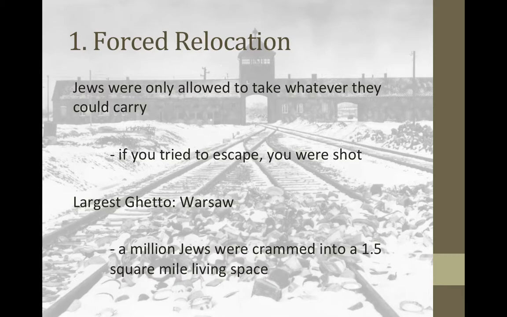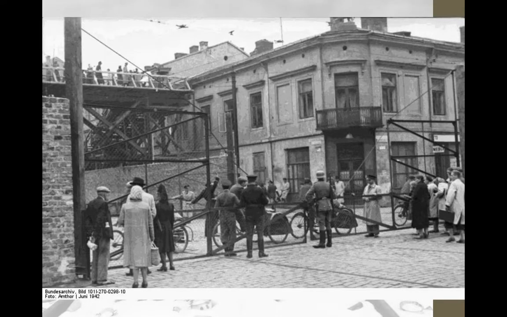But if you were viable and could help work, for example, if you're a metal worker, then you would be able to stay. So you had to have your work card as well. And if you ever tried to leave and didn't have your work card, then you couldn't prove anything, and you were also shipped off to the concentration camps. So yeah, this is another picture of the ghetto. You can see it has this fence here that's constantly being guarded. And these weren't just in towns. People lived next to these things and just saw